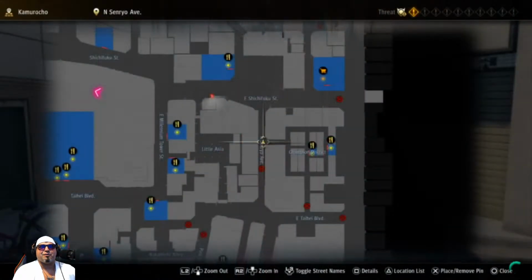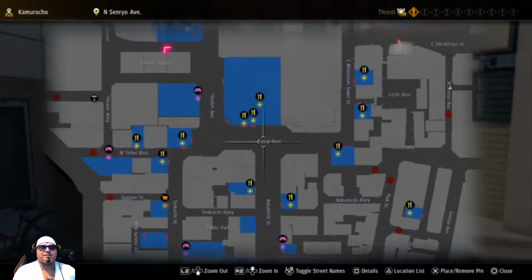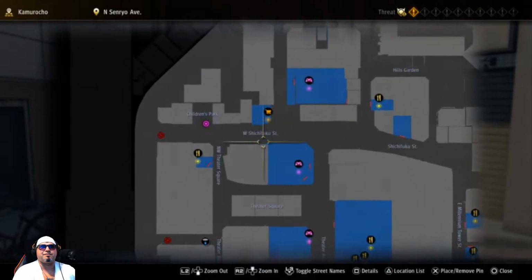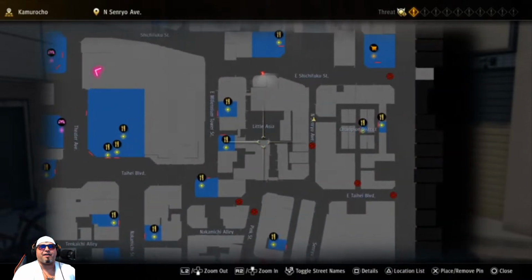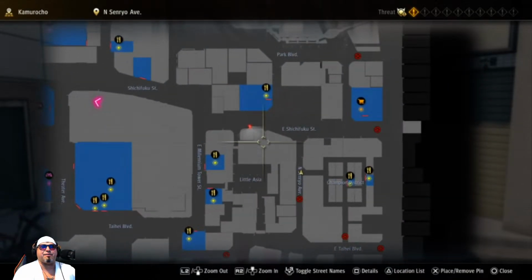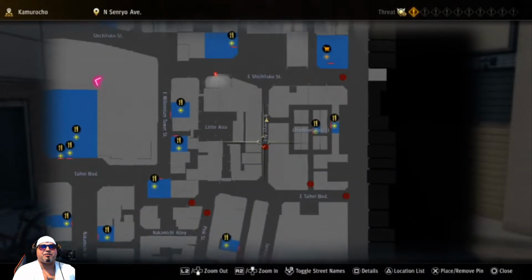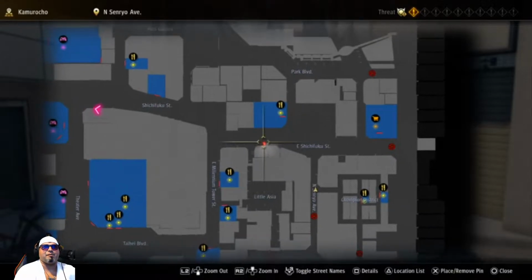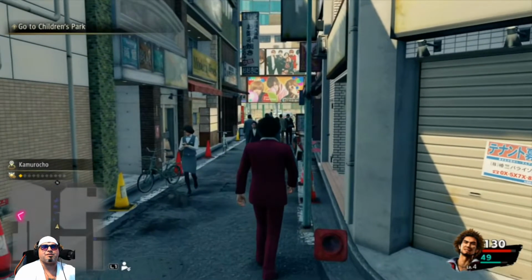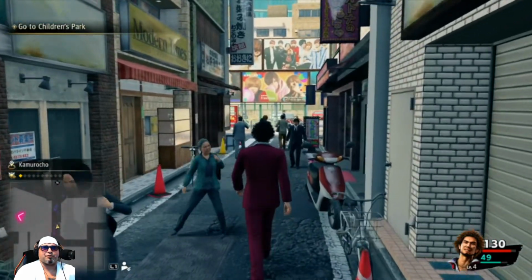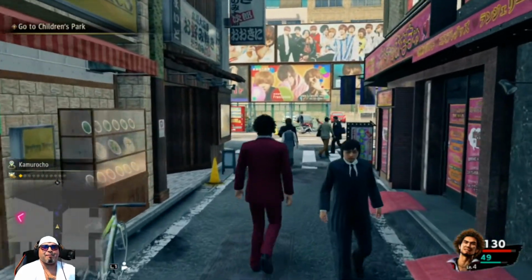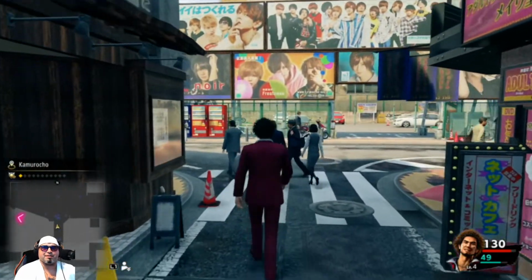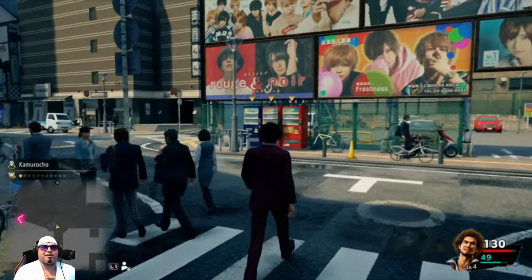Alright, so we're off to the Children's Park. That isn't weird at all. You know, some fast travel would be pretty sweet right about now. So I can't go this way. I'm going to assume that that's what that X-Men circle is. And then as soon as I go this way, I'm going to be getting into a fight here. Which, dude, I'm looking for the fights. And I hope that's what the game makes you want to do, like, look for fights, because that's pretty much how I'm feeling.